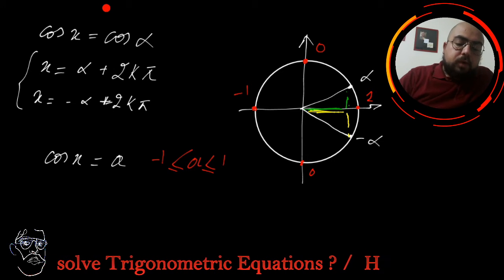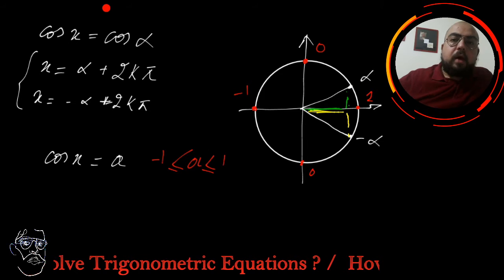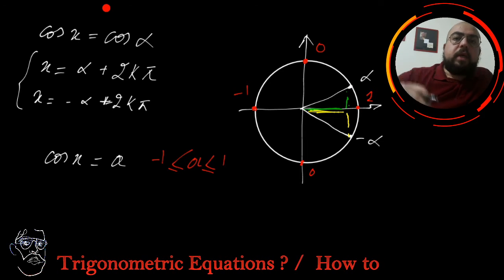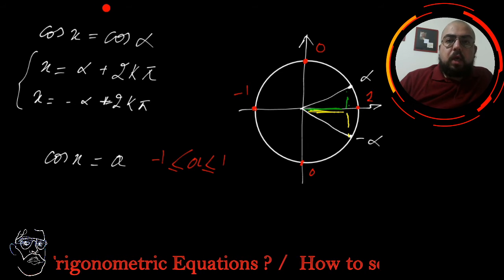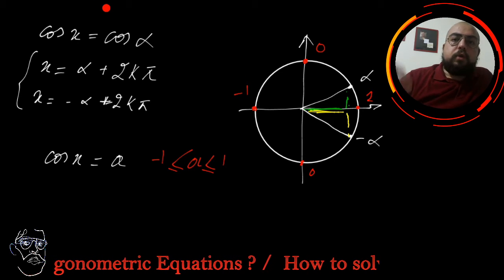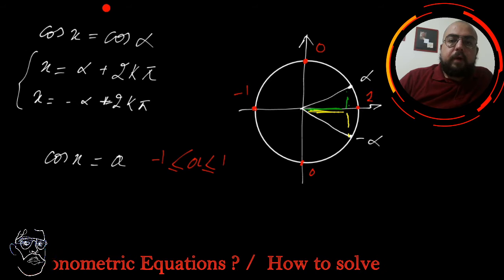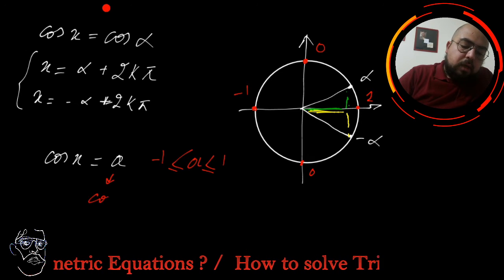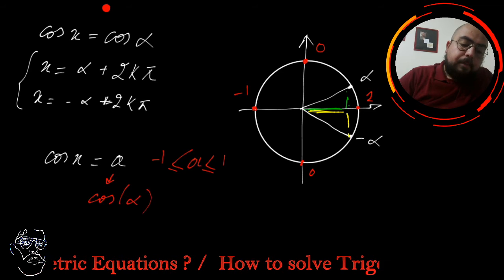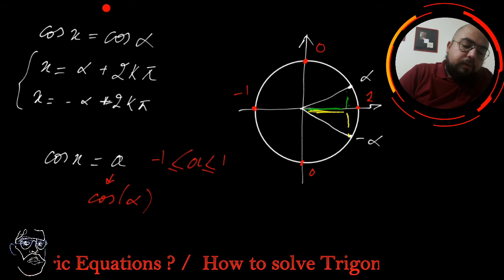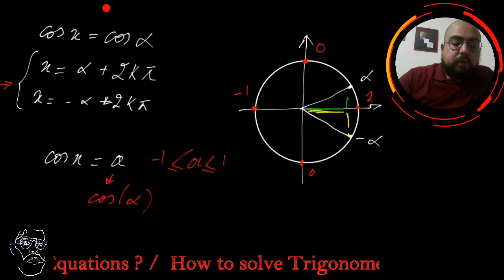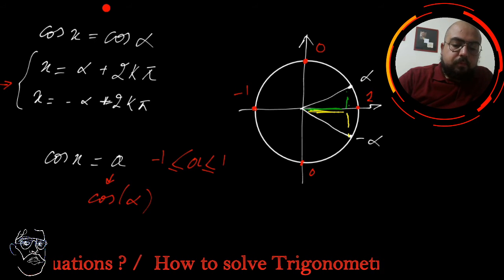So whenever you have cosine is equal to a, you simply have to calculate for which angle the cosine gives you the result a. Cosine of which angle gives you the final result a. So you will have to convert this to cosine of a certain angle alpha, and once again you will have to use the same solutions. You will have the same roots. Alright,